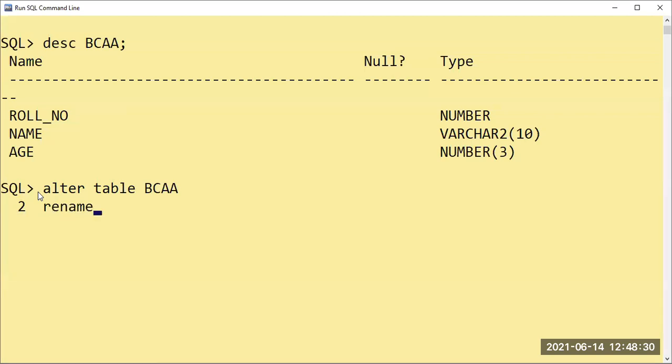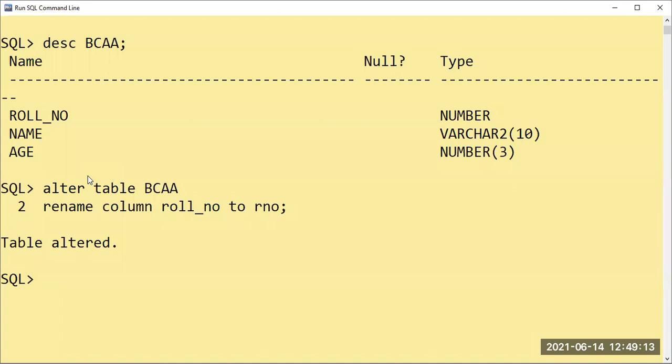So for changing it, it will become rename column. Yes, you have to say column here, because we are about to change the column. Rename column, old column to new column. I'm giving the statement for you people. Old column to new column. What is my old column? Roll underscore number. And what I want to change it to, I want to make the modification as R number here. So roll underscore number to R number. Purposely I'll do this.